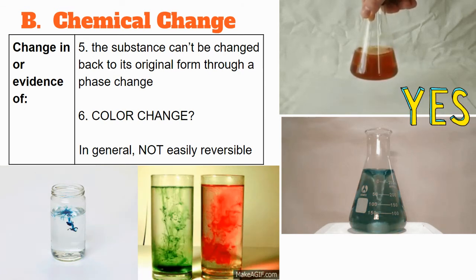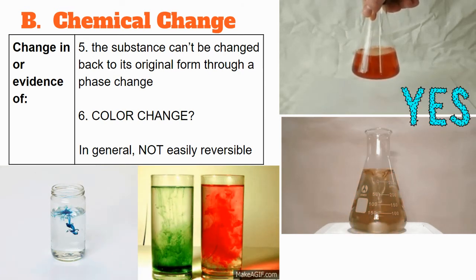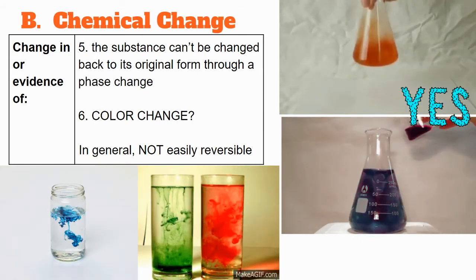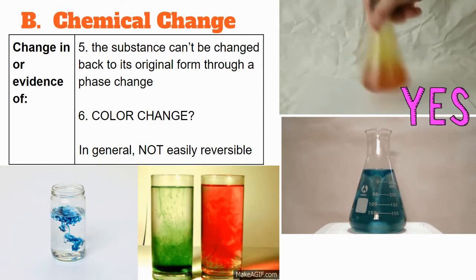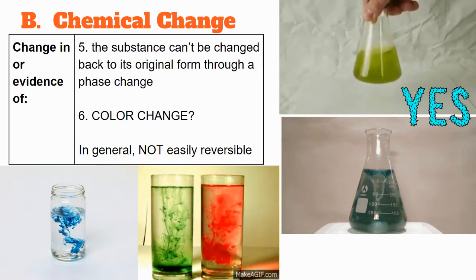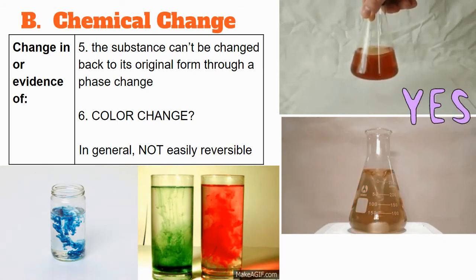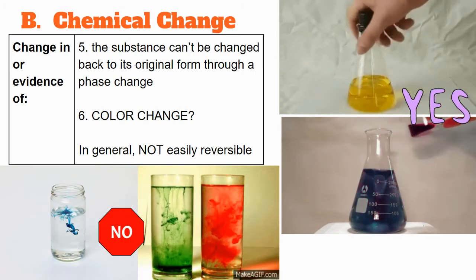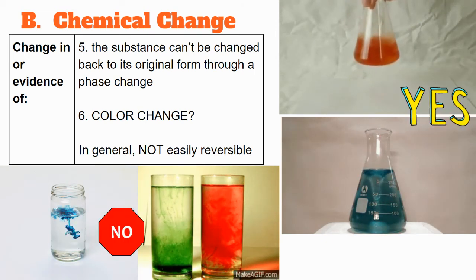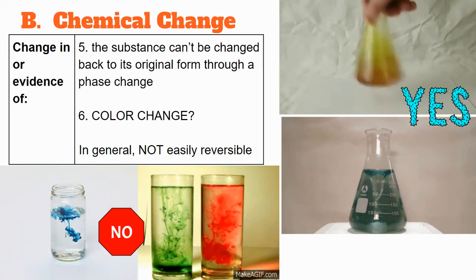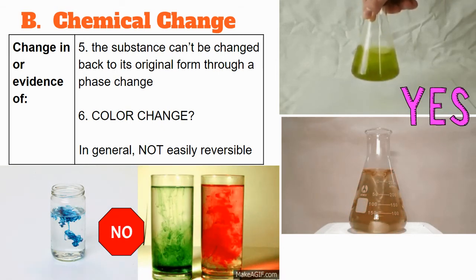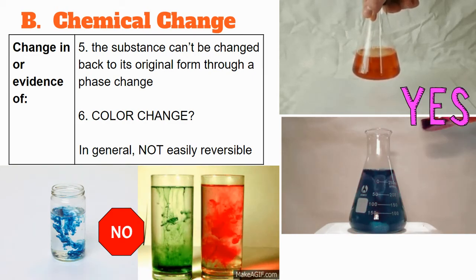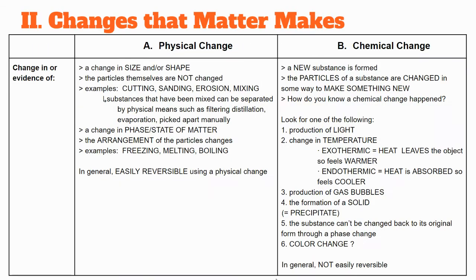But in the lower left, we just really have food coloring being added to water. I'm going to get blue water when I add blue food coloring to it. That color change does not mean that a chemical reaction has happened. So that is, again, a no for those over there. If it's staying the color of one of the things that I mixed in, then it's not necessarily evidence of a chemical change.